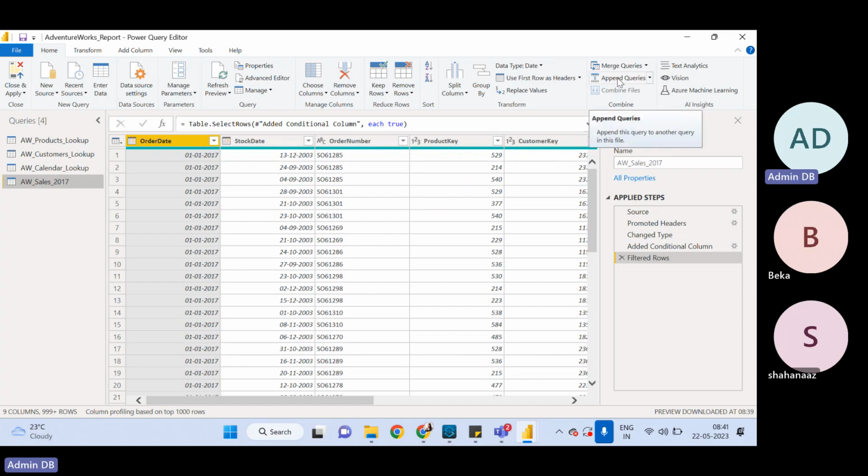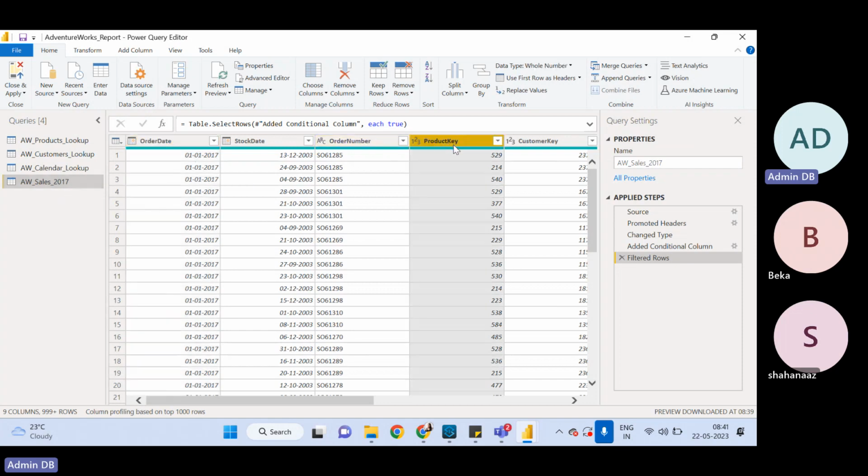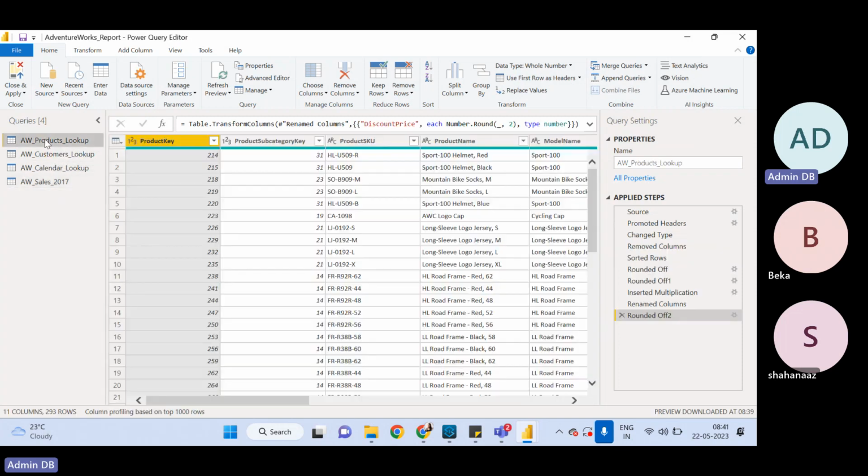Appending allows you to combine or stack tables one below another that share exact column structure. So let me actually show you one thing. Right now you have AW Sales 2017 in which you have multiple columns, and there is one column called product key. Similarly, if I go into product lookup, you see there are multiple columns with one key as product key. So in AW Sales 2017 and AW products lookup,